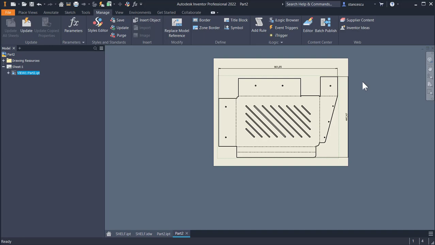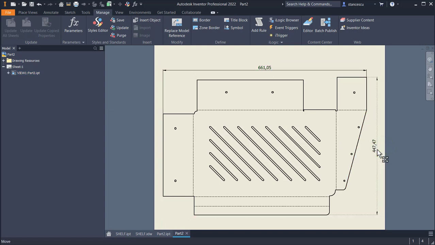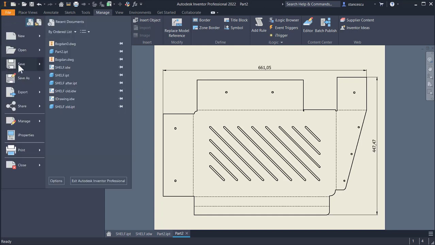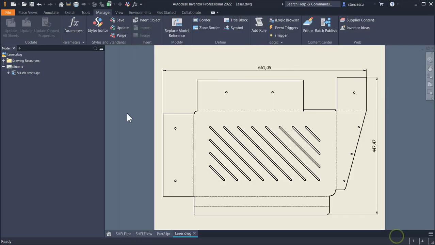And we can modify positions. We have all the possibilities. We can create sketches to be added here, anything you want. We save the drawing under the name laser, and then we go to AutoCAD